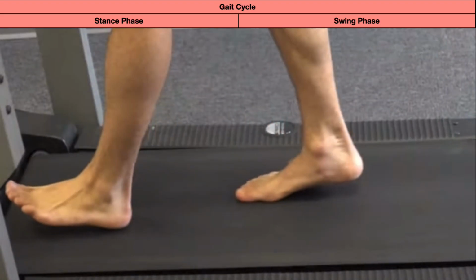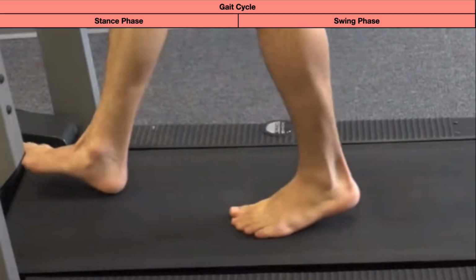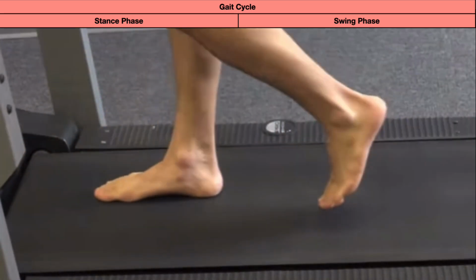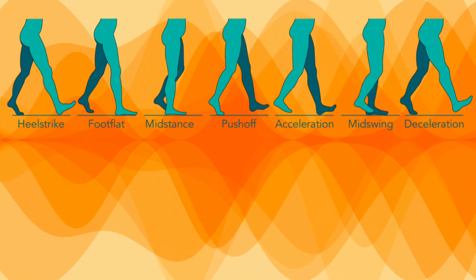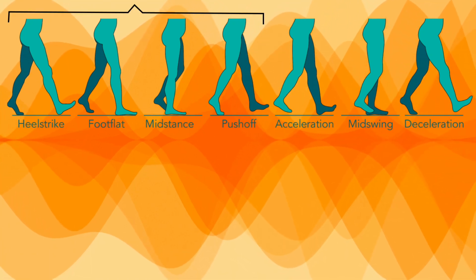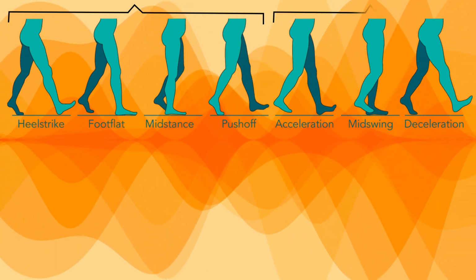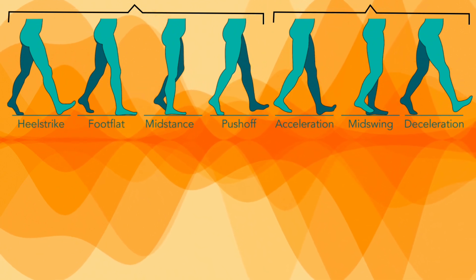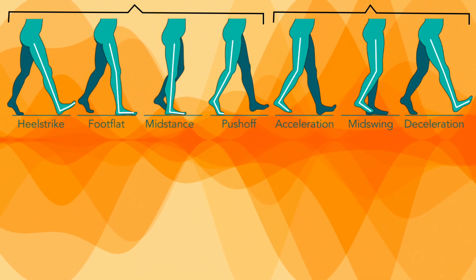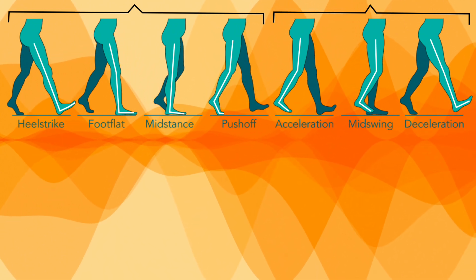The gait cycle has two phases: stance phase, when the foot is in touch with the ground, and swing phase, when the foot is in the air. The stance phase is further divided into heel strike, flat foot, mid stance, heel off and toe off, and similarly the swing phase is further divided into acceleration phase, mid swing phase and deceleration phase. So we will draw these lines and try to understand the muscle activity at hip, knee and ankle level